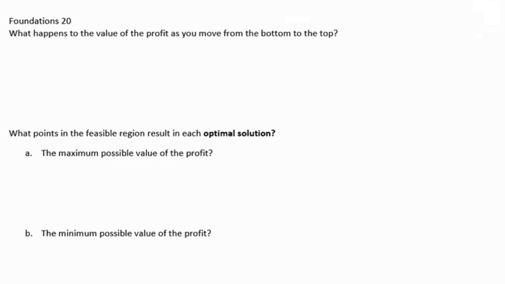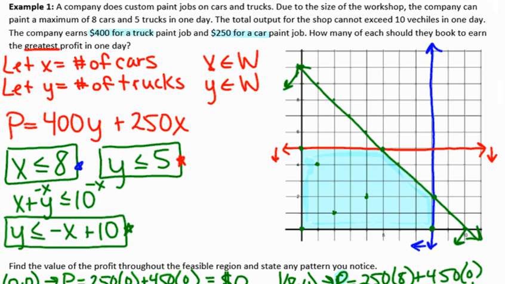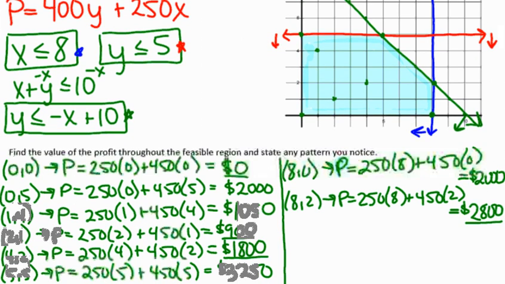The next question, what happens to the value of the profit as we move from the bottom to the top? So let's look that way. Very similar, 0 to 0, we're at 0 still. We're moving higher, we're at a 2 and 1, we're increasing. If we go up to our 1 and 4,